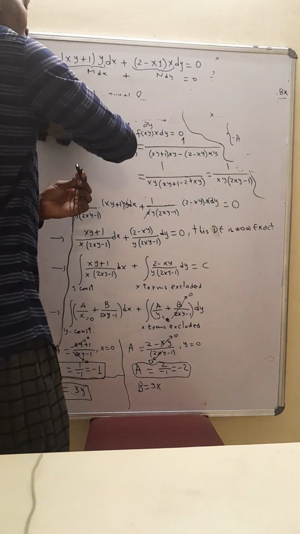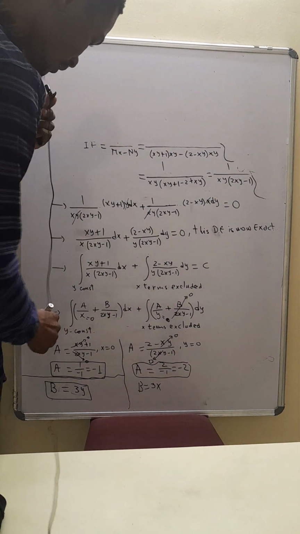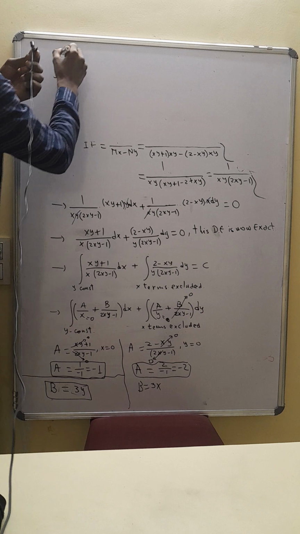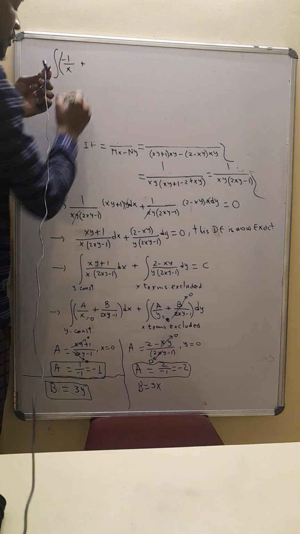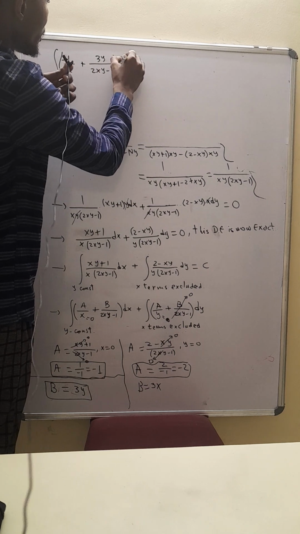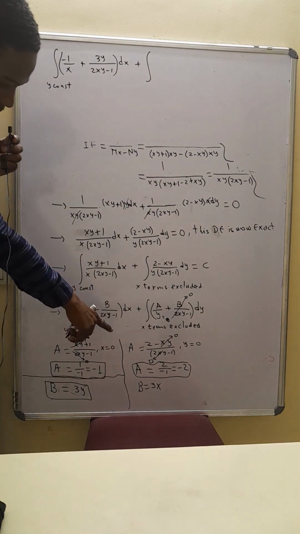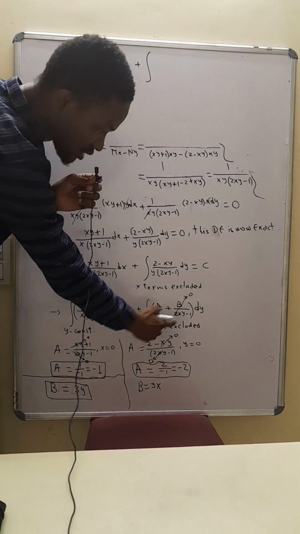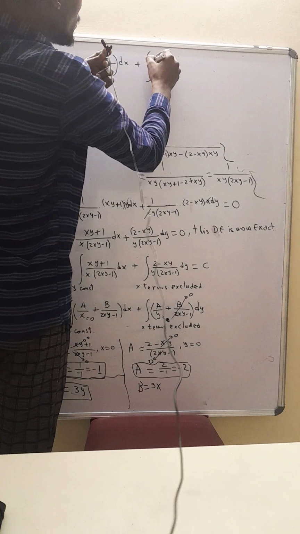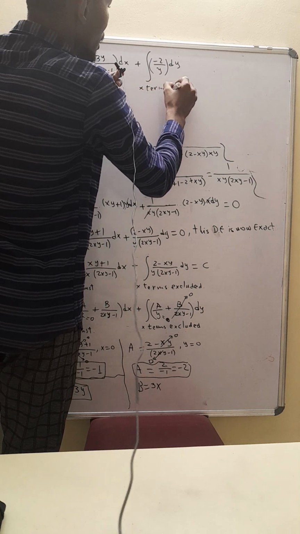Okay, so as I do not have too much space here, I will solve here up. Now see, you have this one is minus 1, so in this integration, instead of a, I will put the value of a, it is minus 1, so it will be minus 1 upon x plus, then instead of b, we know b is 3y, upon 2xy minus 1. This is dx, okay, where y is constant. And here plus integration, the same. Here, we don't need the term in b because here we have x, so we have to exclude. We will need just this term here. What is a? A is equal to minus 2. So it will be minus 2 upon y, dy. Okay, x terms excluded